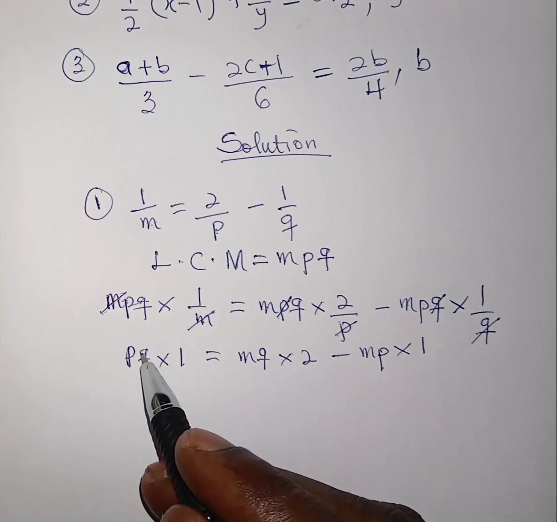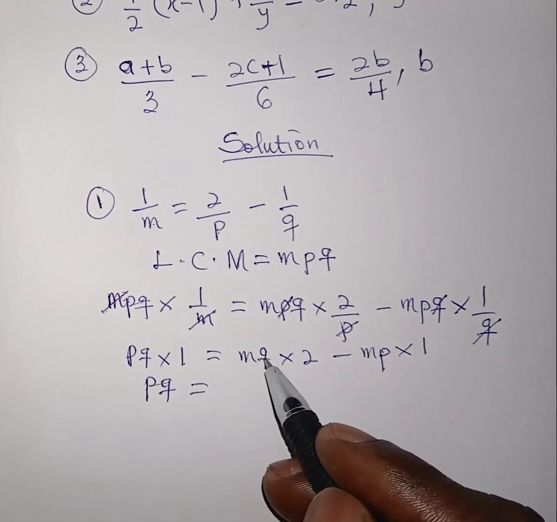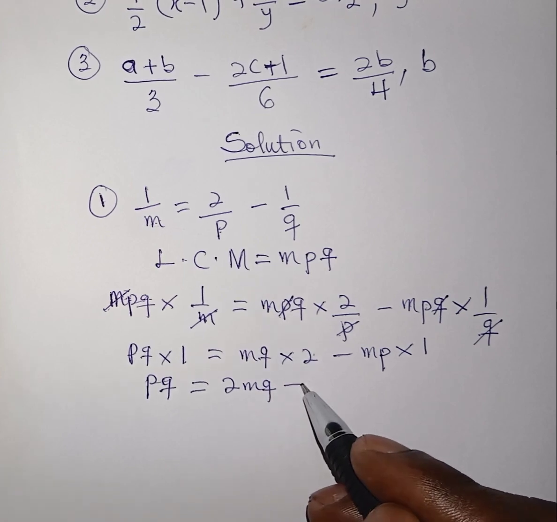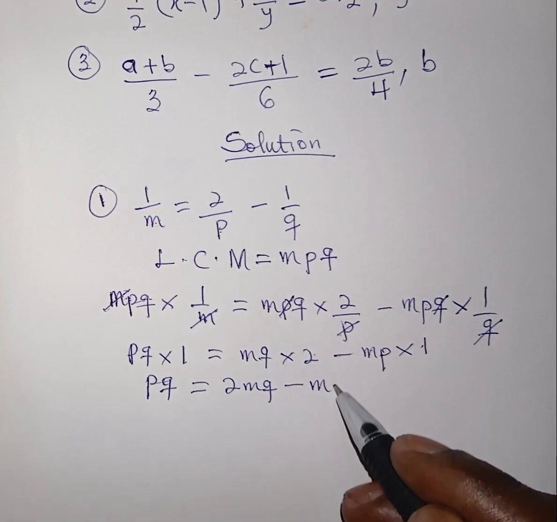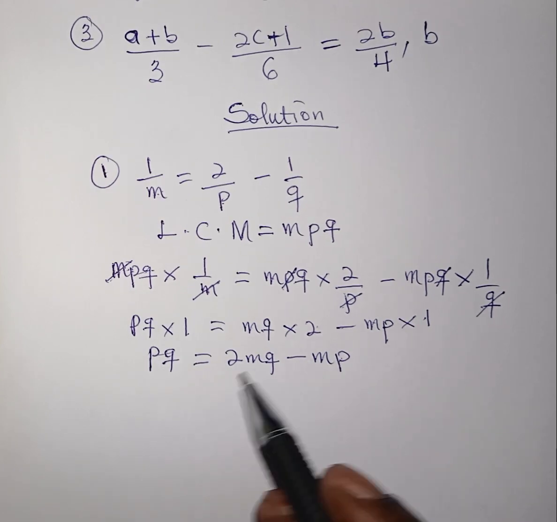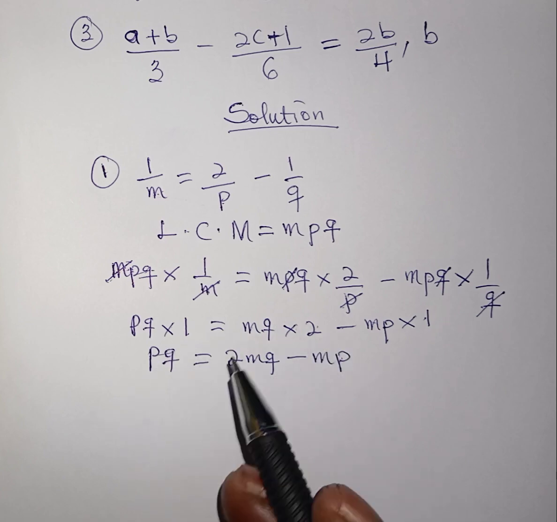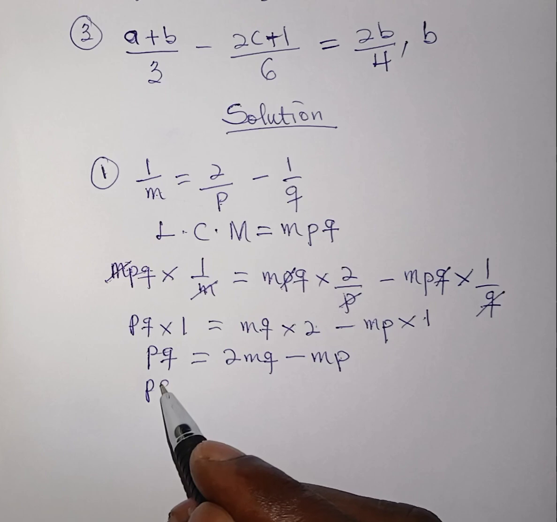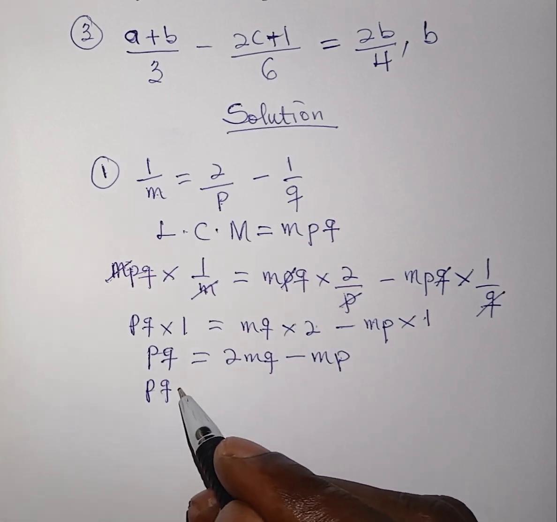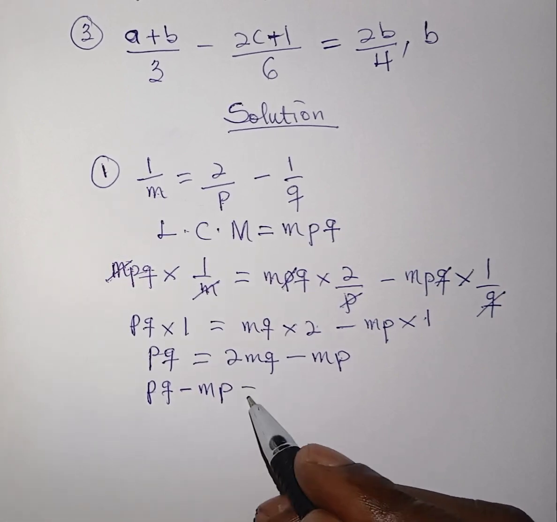Okay, good. So PQ times 1 gives us PQ, which is equal to MQ times 2 gives us 2MQ, minus this times that gives us MP. Since the question asks us to make P the subject, we have one P here, and another P here, so we can group like terms. We can keep this PQ and then bring this, because we have another P here, so that all will stand alone at one side, and then we keep